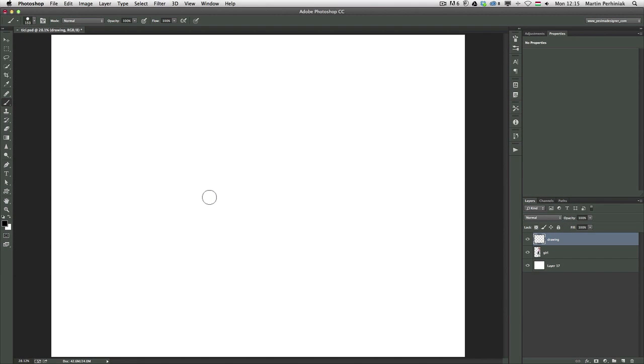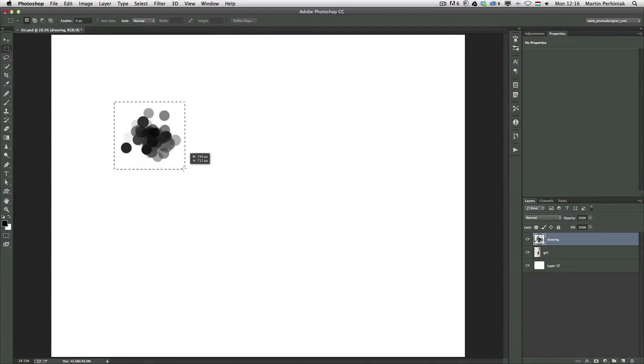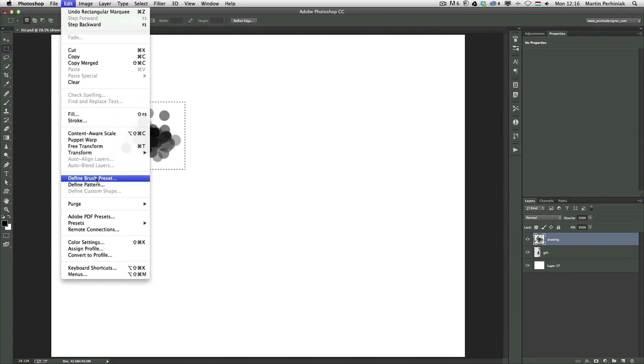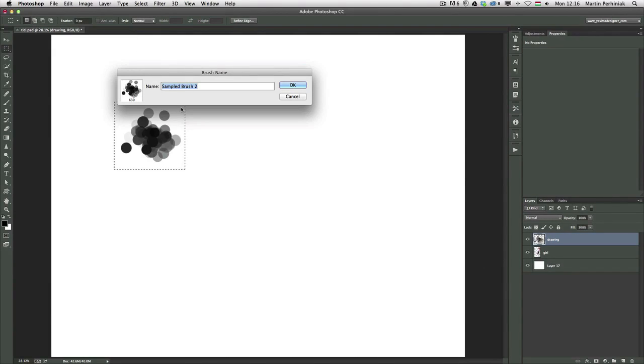If you want to create your custom brush tip shape, you can save that as a brush preset. Let me show you how to do that. You just simply need to draw something that you will use as a brush tip. I'm going to use this brush that we created. I just say this is something I would like to save as a brush preset. All I need to do is to use a selection tool like the rectangular marquee tool, make a selection around this part here, and then go to Edit, Define Brush Preset, and then call this Test Brush, for example,